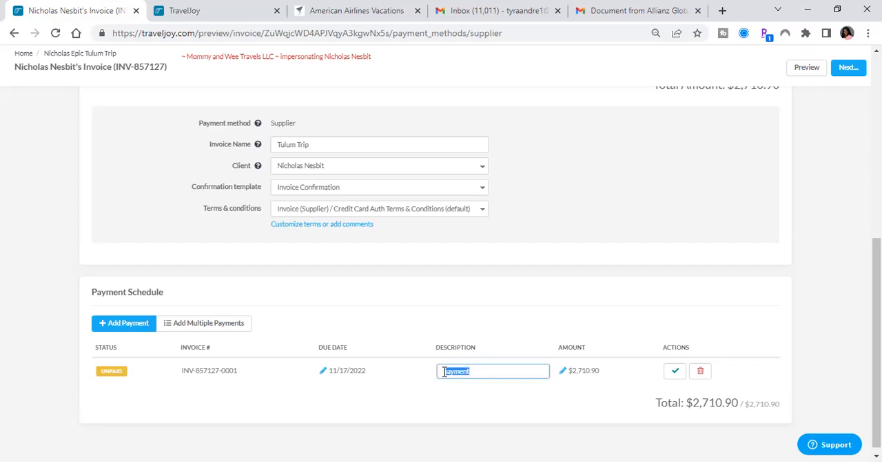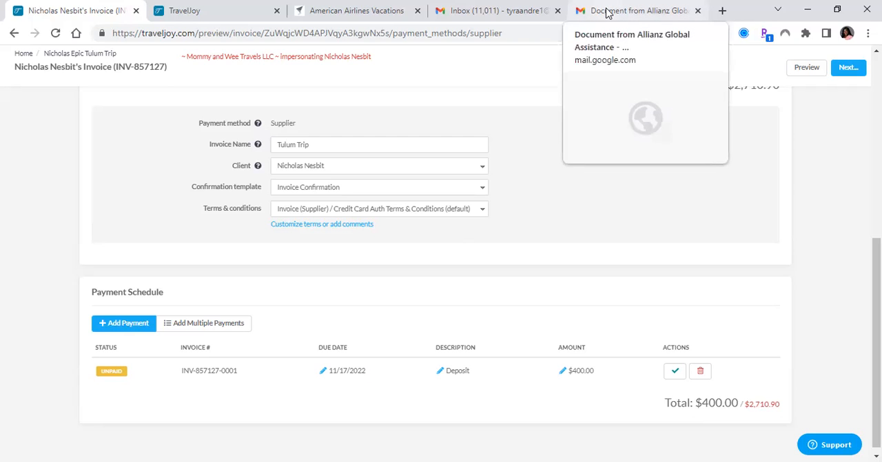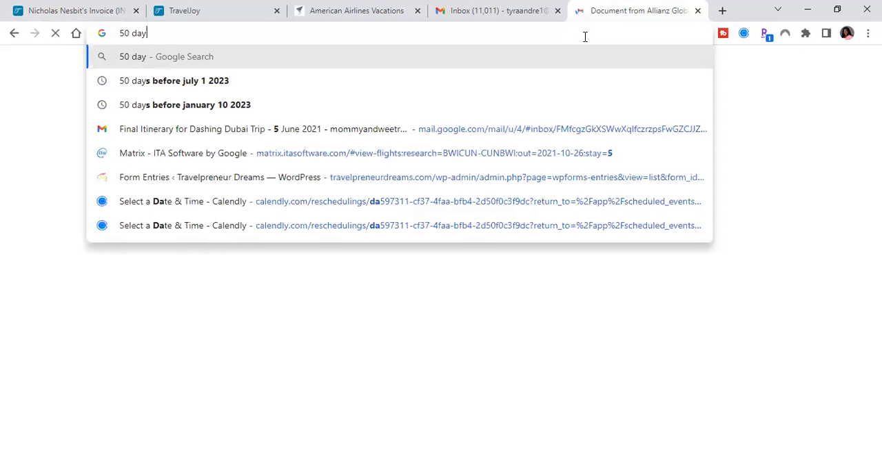But the client's not going to make the full payment, they're only making their $400 deposit, right? So let's say $400. Now we're about to add the other payments. This client's departure date was May the 5th. This is how you find out when a client's due date is. You're going to type in 50 days